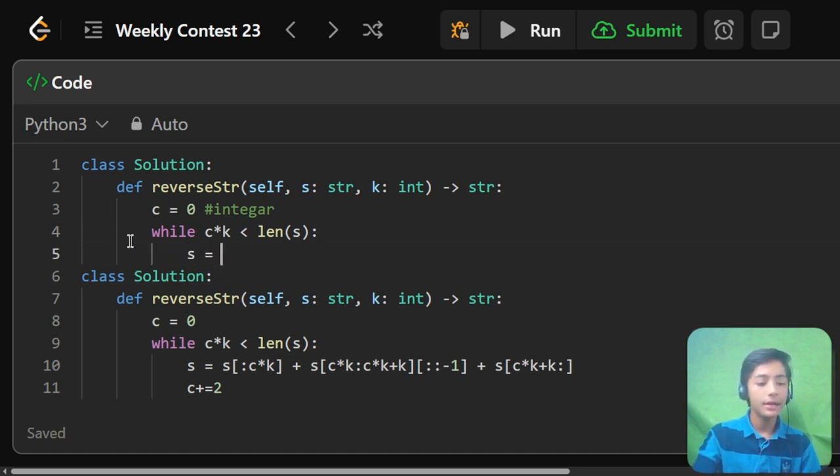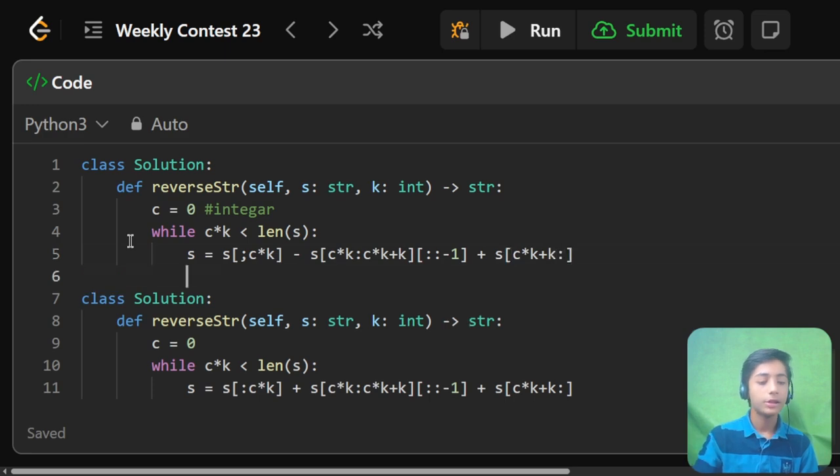Then s equals s[:c*k] plus s[c*k : c*k+k][::-1] plus s[c*k+k:], then c plus equals 2.